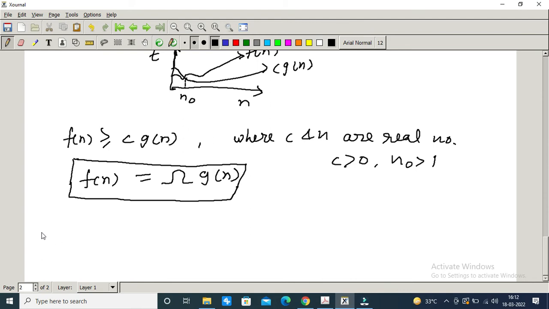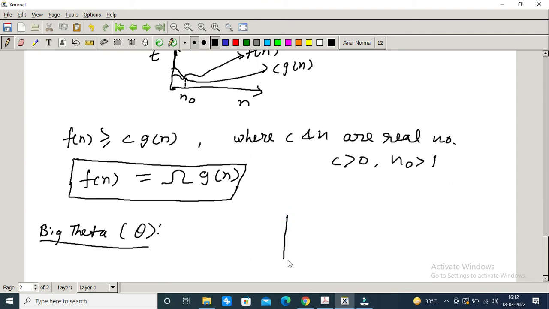Now we have big theta, or we can say only the theta notation. It is represented as this. So it says that